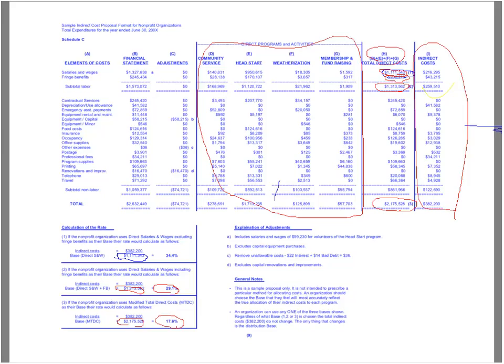Remember that column B is just reconciling to your financial statements, which is 2.6 million in this case. And C is your unallowables. So from D to I, that's the universe. That's the universe of our indirect rate submission. Now, what I'm going to explain to you now, let's go back